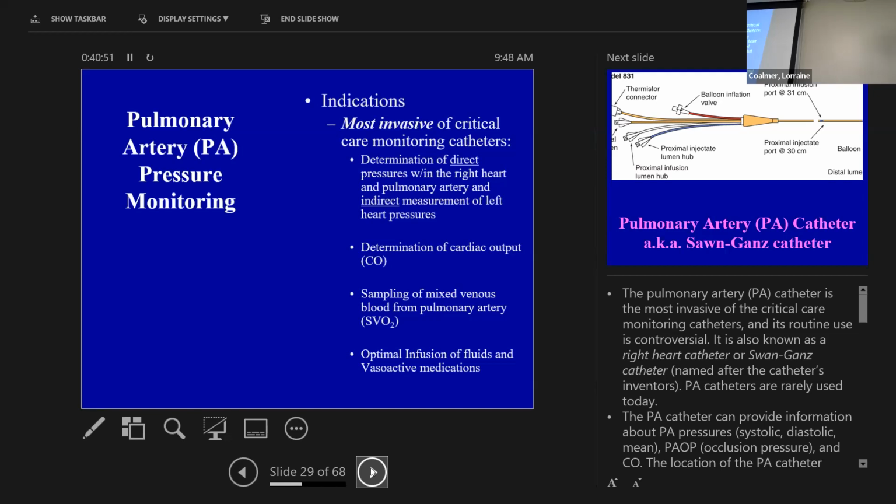Pulmonary artery catheter, or Swan-Ganz. Swan, like the bird, Ganz, two doctors. It gives me the most information. We could do cardiac output. We could even do mixed venous sampling to see how much oxygen is being delivered, but I'm not going to go into great detail because it's a little confusing. I haven't seen it for a while. And then optimal